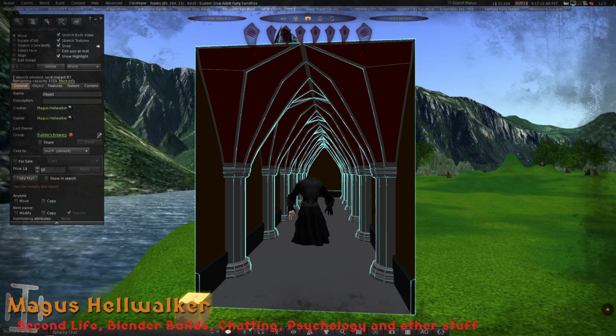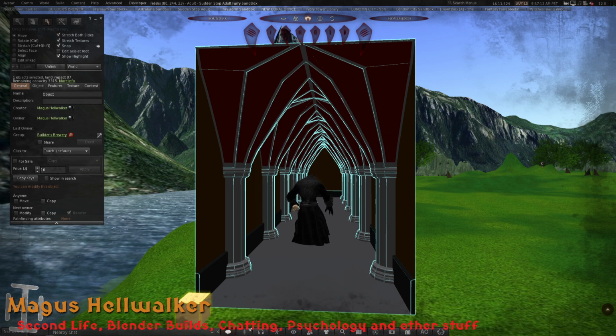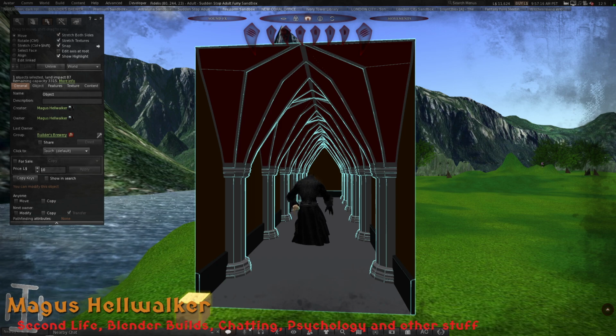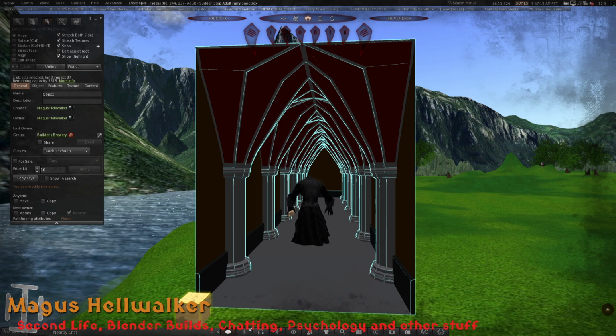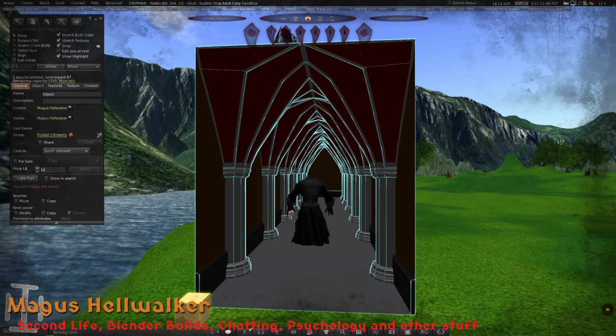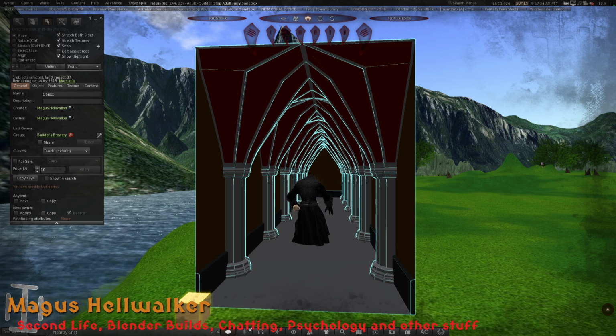Today I thought I'd have a play around with some arches. I've got this idea. I was inspired by a video that I watched,